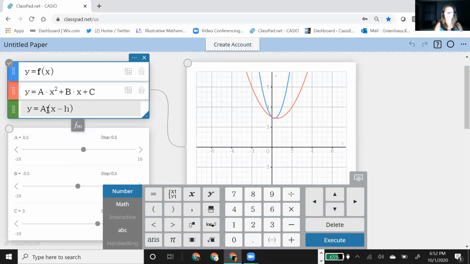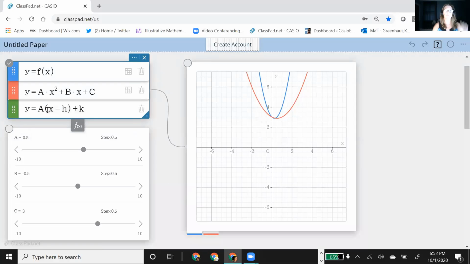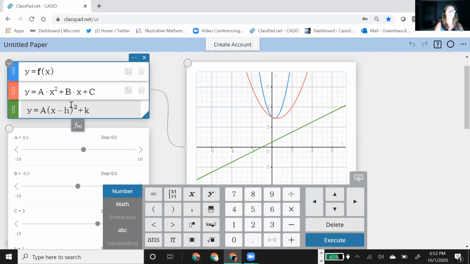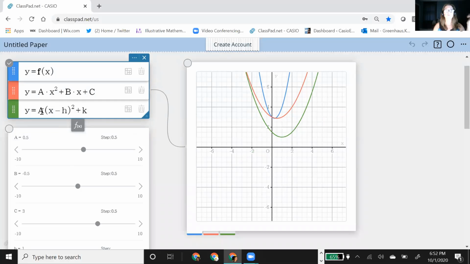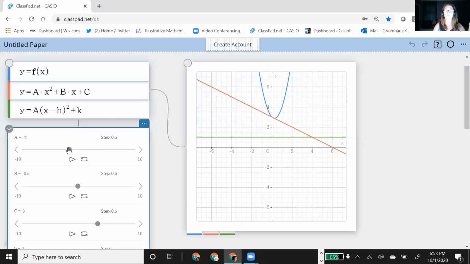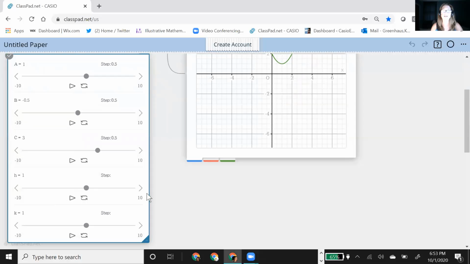So I'm really adding in two more variables, right? Oops, I forgot to square. And so they've already figured out, here's this same A. Notice what's happening. This same A will move both of them, right? That's kind of cool. So in both forms, that A coefficient does the same thing. That's a great connection that we don't often let students see, or it's very hard to see if they're doing it on paper and pencil. But now I can look at H and K and see what those do.